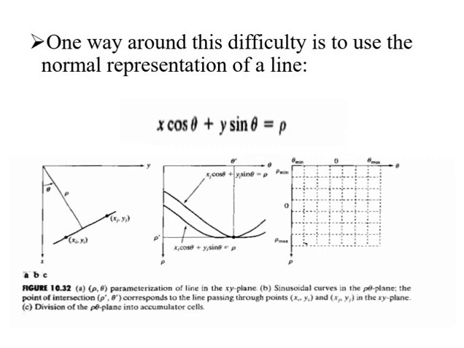Initially, these cells are set to 0. Then, for every non-background point xk, yk in the xy plane, we let theta equal each of the allowed subdivision values on the theta axis and solve for the corresponding p using the equation, that is p is equal to xk cos theta plus yk sin theta. The resulting p values are then rounded off to the nearest allowed cell value along the p axis. If the choice of theta results in a solution p of q, then we let A of p, q be equal to A of p, q plus 1.